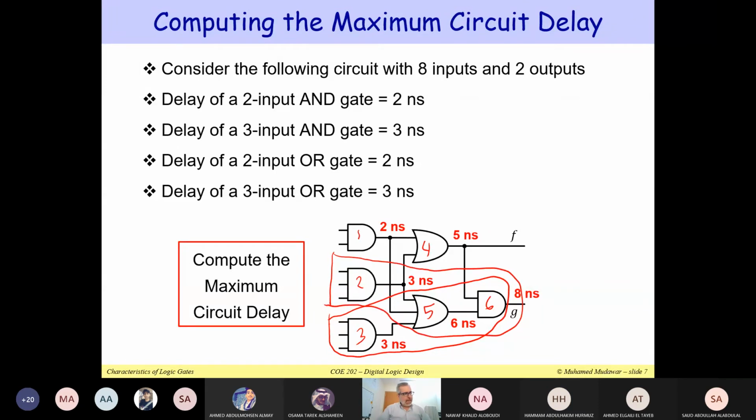Okay. So the meaning of the critical path, these are the gates that will give you the longest delay. Sometimes you might actually have more than one critical path. Is 1, 4 along the critical path? No. It's not. Okay. It does not really give you the longest delay. So 2, 5, 6 or 3, 5, 6 are along the critical path. These define the critical path. Okay.